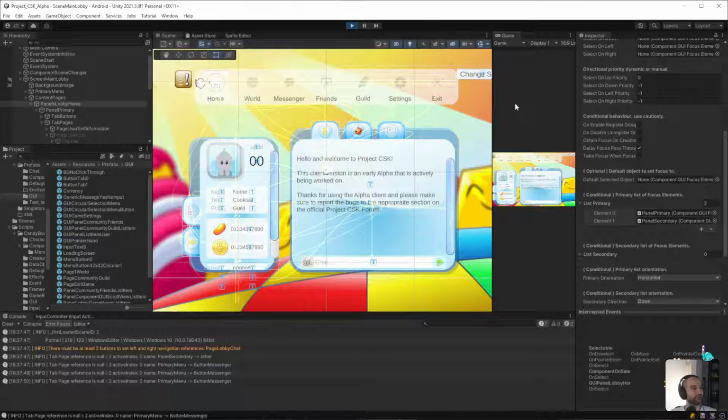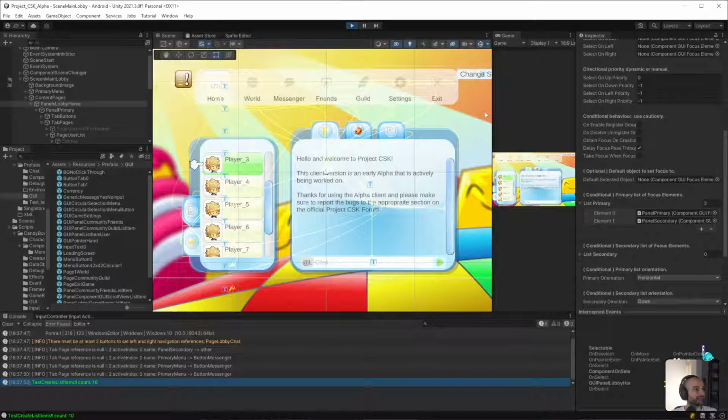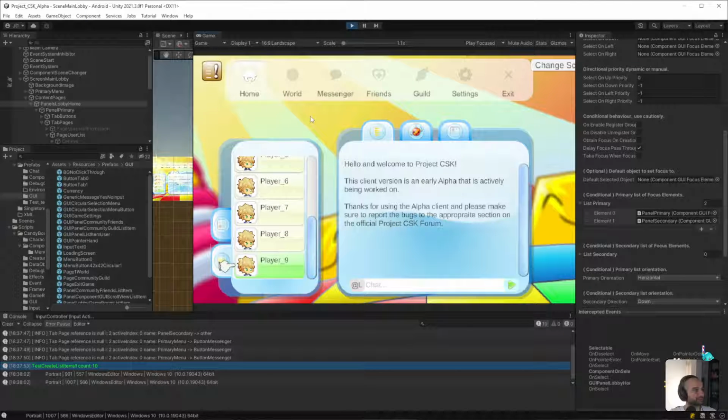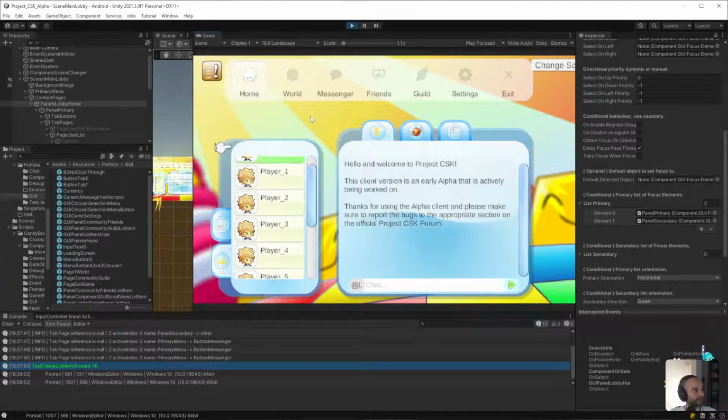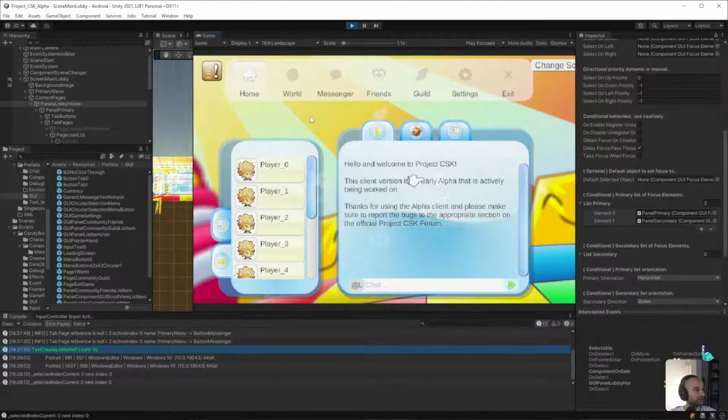It's really easy to overlook these details when you're kind of like jumping around. There we go. That's what's supposed to happen. That makes a lot more sense. Right? So when you're navigating, and I think the spacing and padding looks good. Oh, the left and right still don't work. Okay, that's the next step.